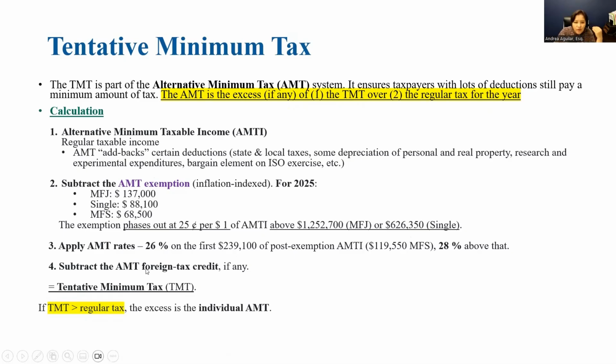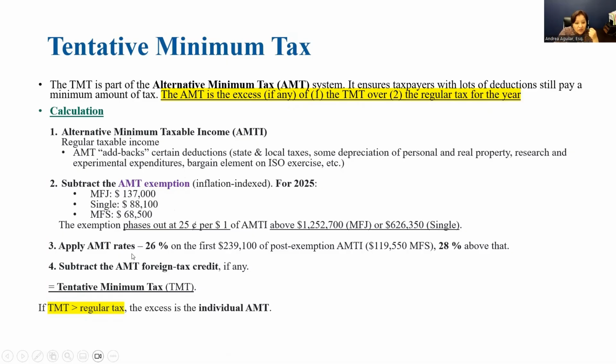So let's just remember the general rule. We're trying to calculate this tentative minimum tax because we want to tax you. We don't want to have taxpayers with a lot of deductions and not paying a certain amount of taxes. Okay, so we start with the regular taxable income. We're going to subtract the alternative minimum tax exemption amount based on your filing status, and then we're going to